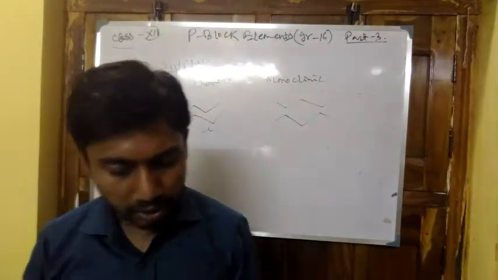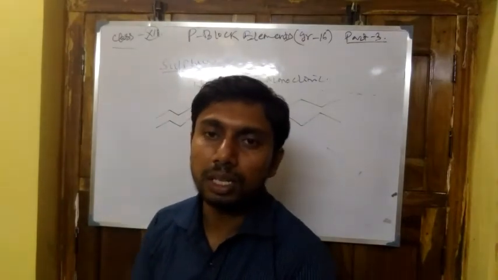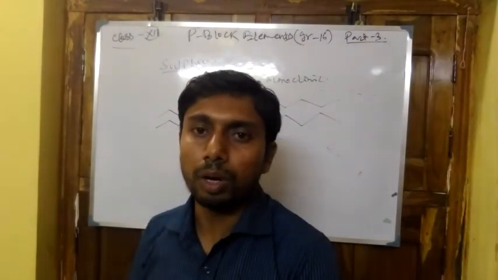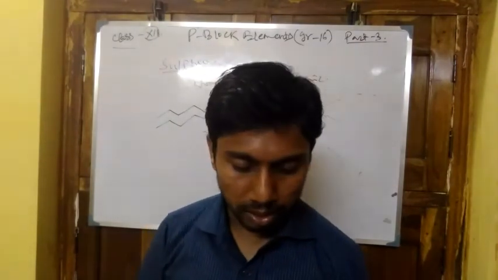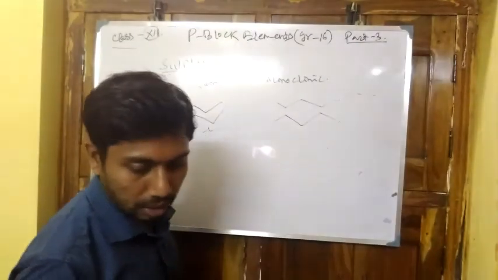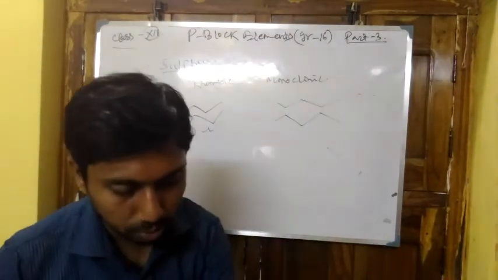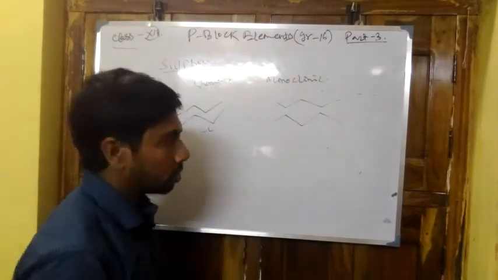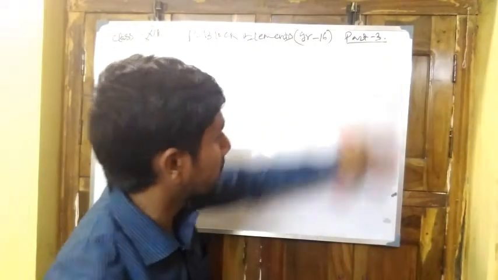Now second, what is sulfur dioxide? Sulfur dioxide is the combination of non-metal sulfur with oxygen. First of all, let us see its preparation. Sulfur dioxide is prepared by burning the non-metal with oxygen, and another preparation of sulfur dioxide is